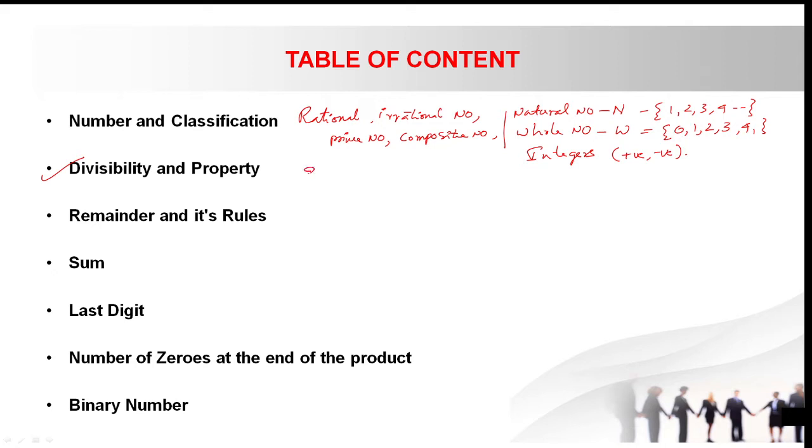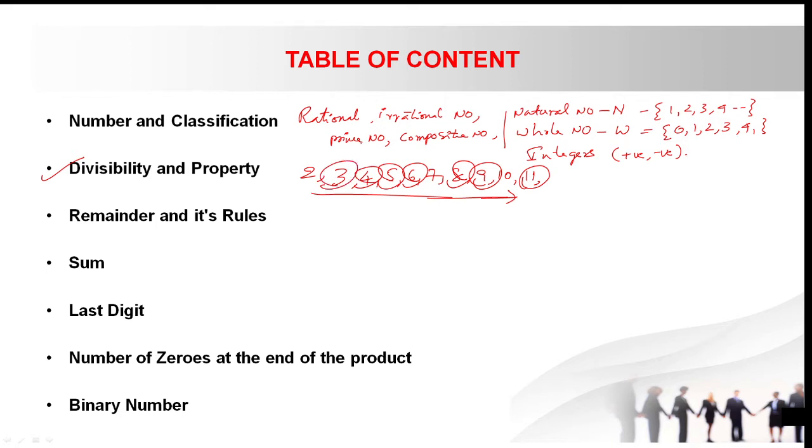Divisibility rules means the rule for the two table. For example, if a number has either 0, 2, 4, 6, 8 in its ones place, then we can say that number is divisible by 2. Similarly we have rules for 3, 4, 5, 6, 7, 8, 9, 10, 11. So we have different divisibility rules for different numbers. Among these, 11, 9, 8, 6, 5, 4, 3, of course all are important.